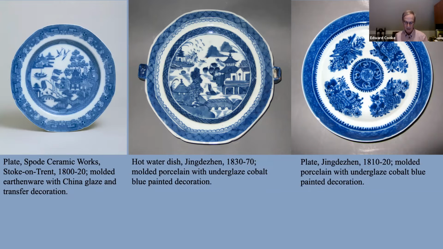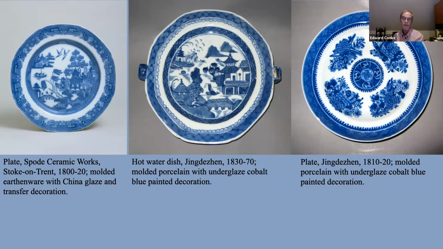This is all, you engrave a copper plate, you ink up a tissue, put ink on the plate, and then put the tissue on the plate. So you produce the same design time after time after time, but it's meant to look like a Chinese plate, which is hand painted. Then you do have a hand painted plate here in the middle that you can see is working off of the same scene, but it's not transfer printed. It's the Chinese Qingdechen response to the British example, which is responding to a Chinese hand-painted example. So is it Chinese? Is it British?